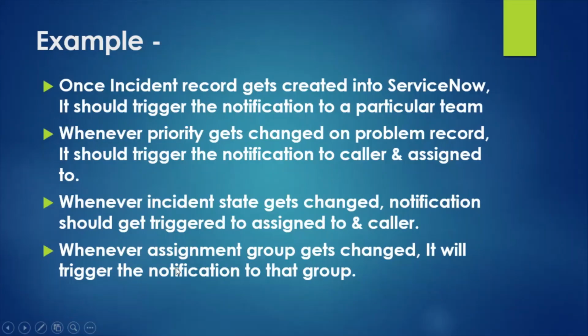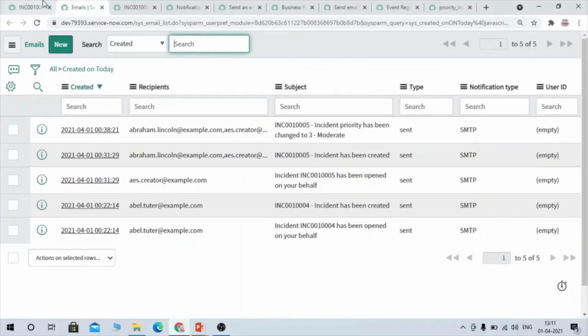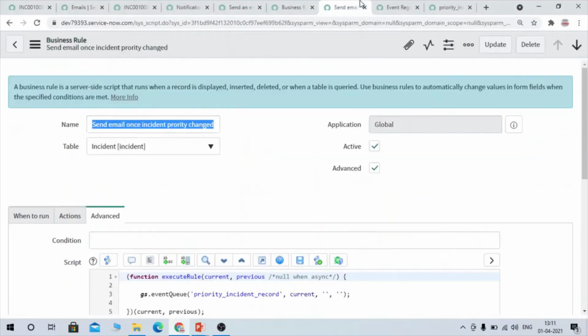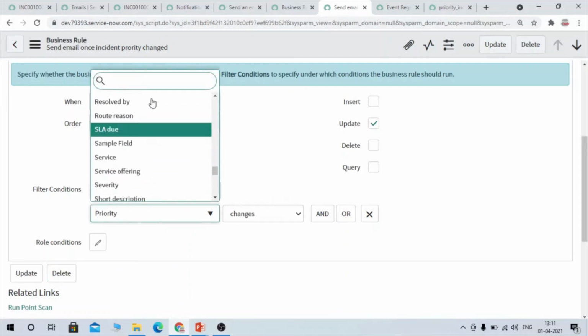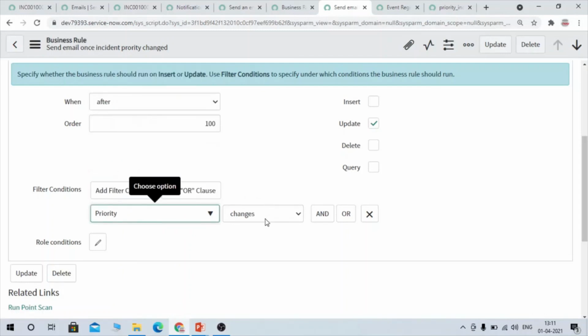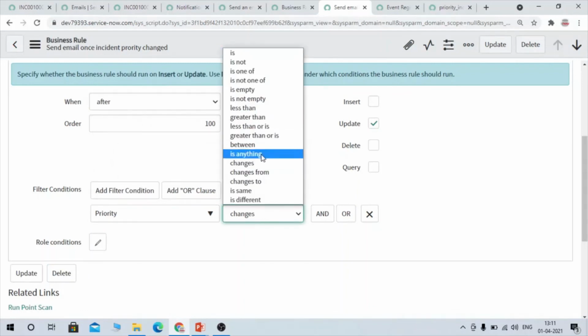And in the same way, you can take in the business rule where we had taken, let's go here. So event to run, right? So we had taken priority changes. So you can take assignment group changes, state changes, or any parameter you can take. And here we are having so many things like changes to something you can define.